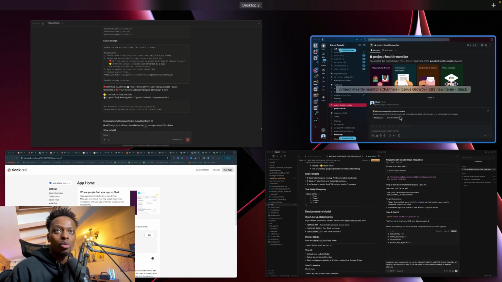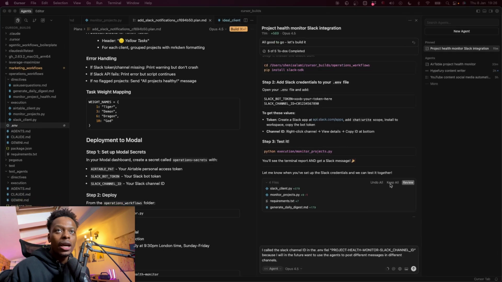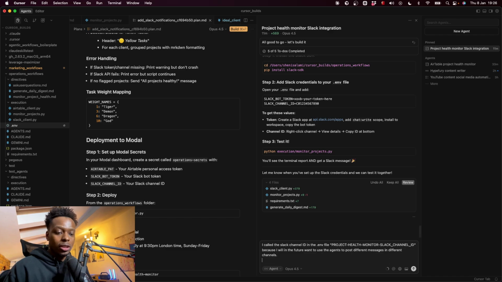called the Project Health Monitor chat, which you can see right here. So what I've been able to do as well is give it the channel ID and also give it a Slack bot token. And then I basically said I called the Slack channel ID in the .env file Project Health Monitor Slack channel ID, because I will in the future want to use the agents to post different messages in different channels. Let's make the necessary changes here,